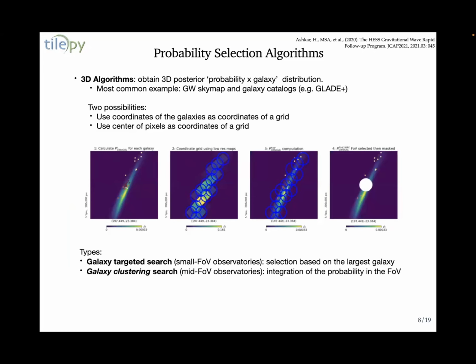Okay, then we have 3D algorithms. Those are the ones that take this probability density sky map and convolve it with the galaxy distribution, so the galaxy catalog, the local distribution of galaxies. The most common example where this is used is in gravitational wave follow-ups using the GLADE Plus catalog. There are two possibilities. We are either going to use the coordinates of the galaxies as the grid. This is going to create a very